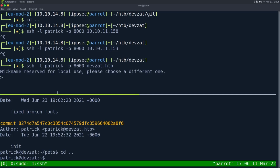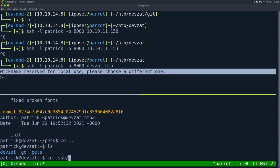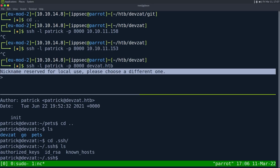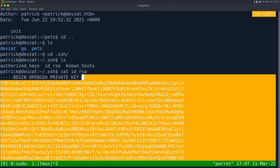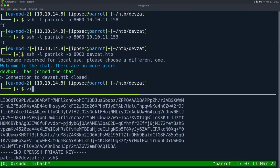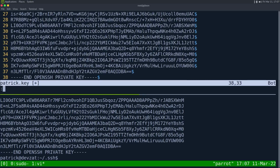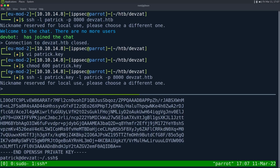devzat.htb. That's why DNS exists. But we have nickname is reserved for local use. So we could potentially go into his SSH directory, see if there's a private key, which there is, so I can cat id_rsa. We can copy it over to my box and see if we can now get on as the Patrick user. So we can do vi patrick.key, paste it in, chmod 600, and then that same SSH command, but this time do a -i patrick.key, and